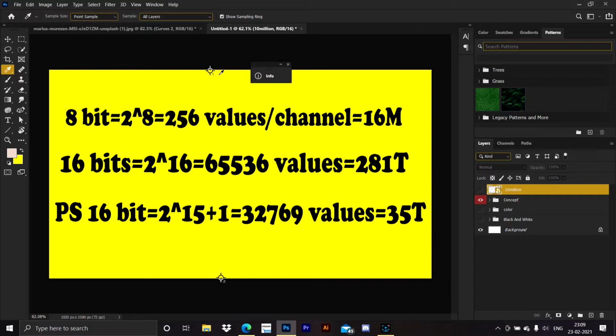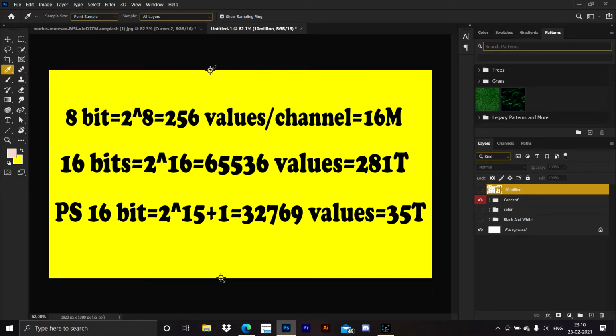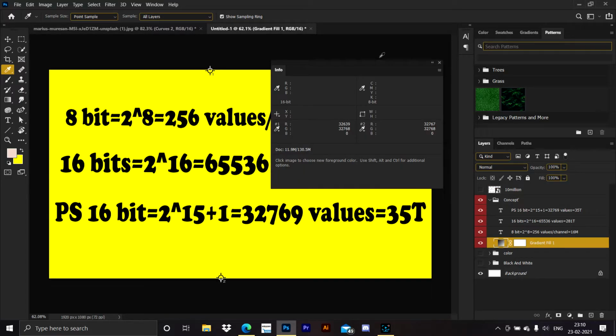And you know what? The color which I have in the background, this yellow color, is actually a gradient, and there are 128 different shades between these two points. You think I am joking? Actually no. See, I have 2 points set up for the 2 endpoints of the gradient. The eyedropper is set to 16 bit. One of them says 32639 and the other says 32767. That is 129 different shades, not even 128. There are 129 different shades between these two colors.